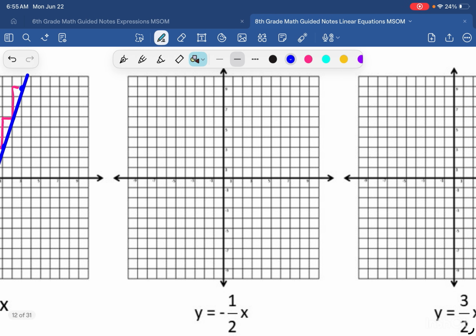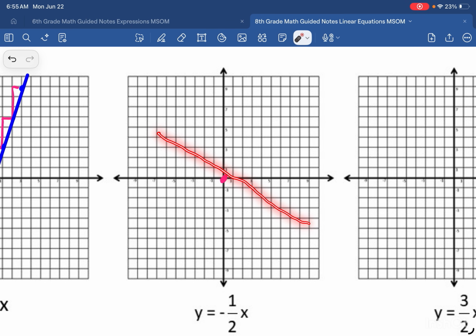Y equals negative 1/2 x. I know it passes through the origin. And my slope, if I look right here, this is negative. I know my graph is going to be going down. It's going through the origin. I don't know what it looks like with my steepness, but I'm going to figure that out with my slope